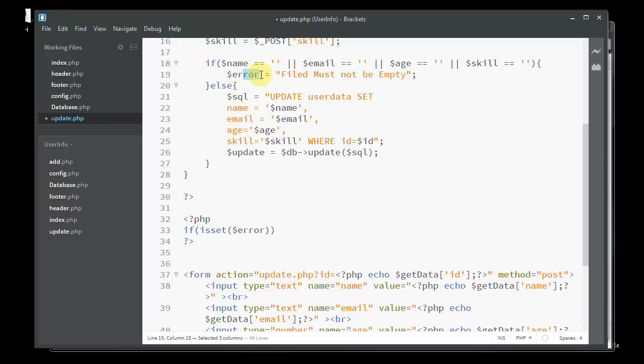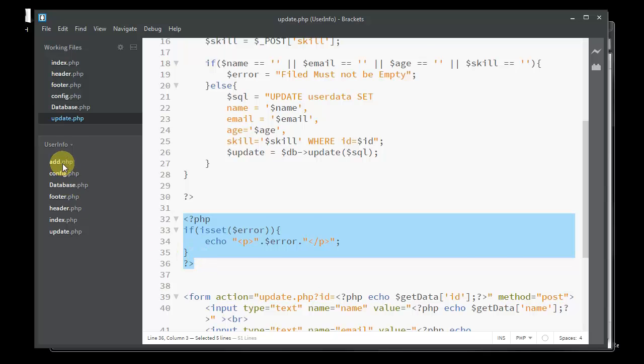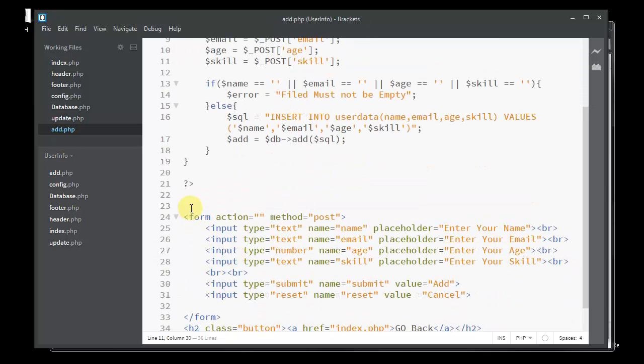So if we set error and we set echo, we just take p and say whatever error, just show this one. Okay, I think we need to add these things in our add.php also. We never added these things, right? Okay,